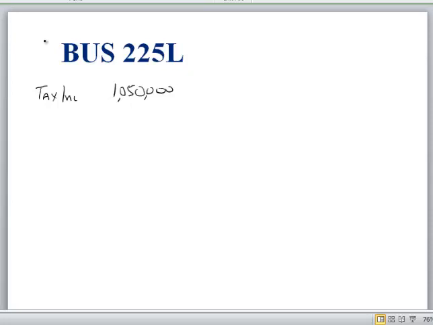Okay, so we're going to start with $1,050,000 of taxable income, and now I guess we're going to deduct 73.5, right? Okay, so I don't have a calculator handy. You guys are going to have to tell me the math. It's 976,500. Okay, and we've got a 35% tax rate. So what's that? 341,775.